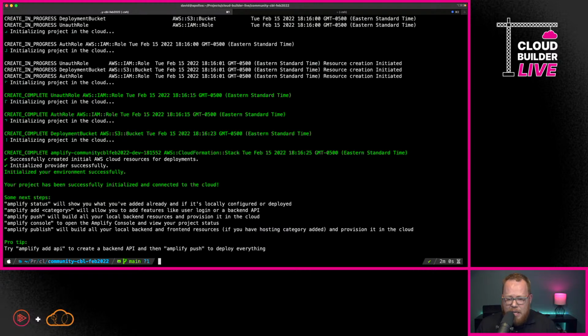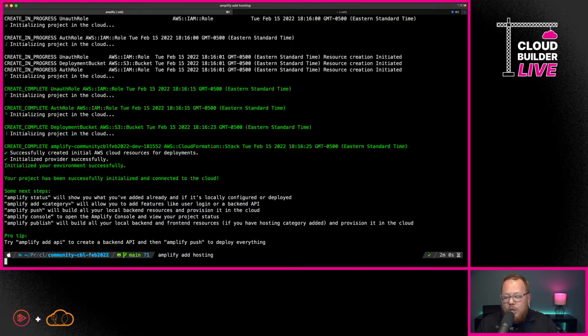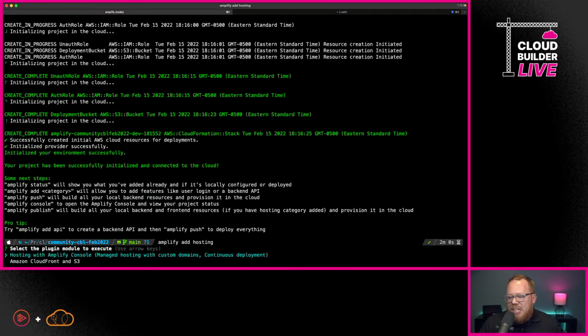I absolutely love it. So the next thing we want to talk about here is how do we add stuff once we configure our projects with Amplify? And one of the great things here is this is a pretty simple integration here at the beginning. So we're just going to say amplify, and then we're going to say add. And what do we want to add here? Well, in this case, we want to add hosting. So we're going to go ahead and say Amplify add hosting. Now, every module within Amplify that has different capabilities, it's going to have different configuration options. However, the CLI is going to basically work with you on guiding you through what those configuration options are.